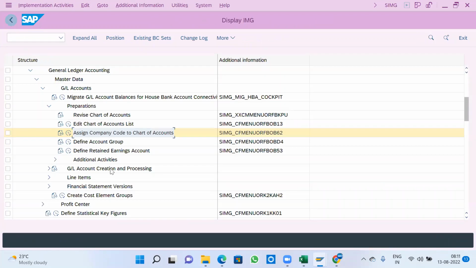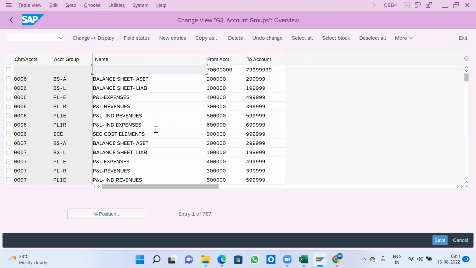Back. Here we need to make it as a group. Define account group means one range in which we are going to create balance sheet GLs, profit and loss account GLs, and any other secondary cost elements GLs. So here, create